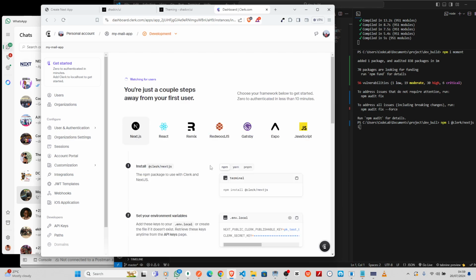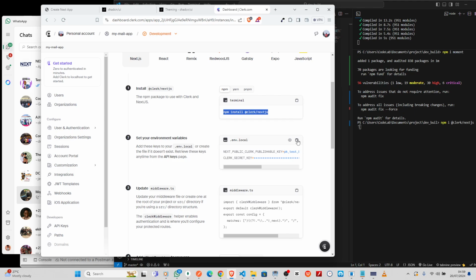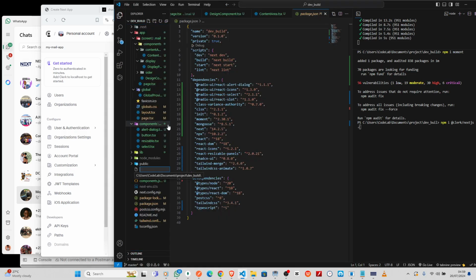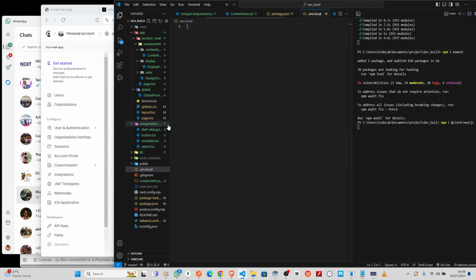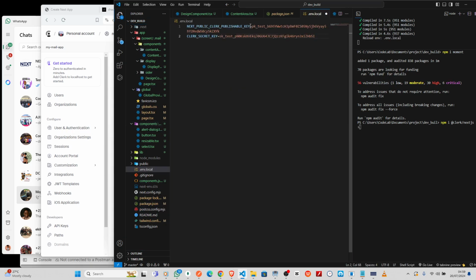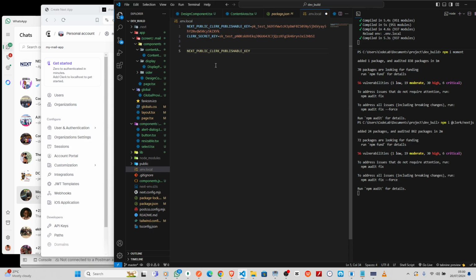So now we are using NextJS. So we have already installed Clerk, right? So what I can just do now is copy this my secret key, then come here and create .env.local, right? Paste them there. Then I will collect some stuff from here, and what I want this to be now is my sign in